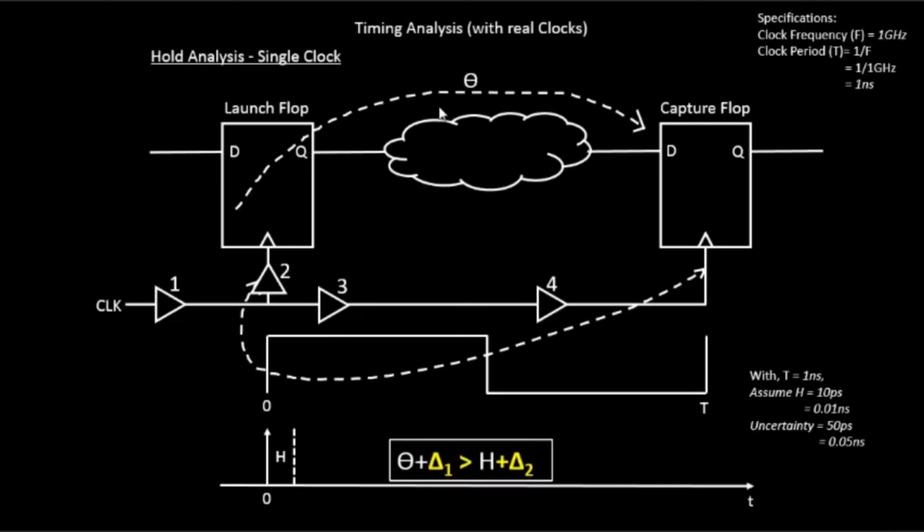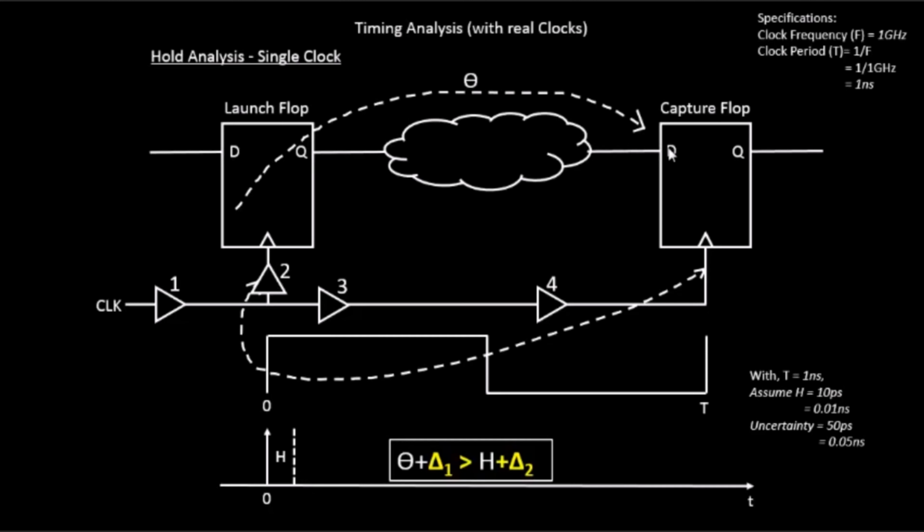So basically it says that the combinational delay, or the delay that is from this point to this point, or rather from this point to this point, that should be greater than the hold time of the capture flop, because during that particular period of time it's doing some amount of work, it's doing some processing, and the processing is nothing but to send the existing data to the outside world. So that's the amount of work that the capture flop is doing, and it needs some finite amount of time, and during that period it doesn't want to accept any kind of data over here.